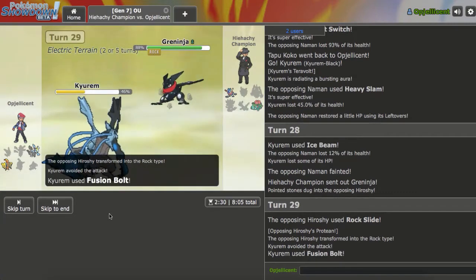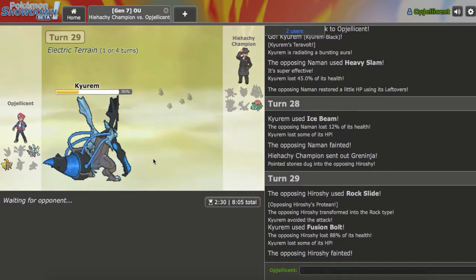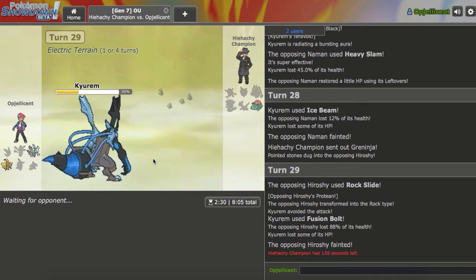I don't know if he would have been... The thing is, it would have come down to whether Thunderbolt would have 2-hit KO'd his Venusaur, because say he has that, I go Tapu Koko. If he Thunderbolts, then... I mean, if he Rock Slides, actually, I think he would have had it anyway, because he Rock Slides, and then he just brings out Venusaur and goes right for the...